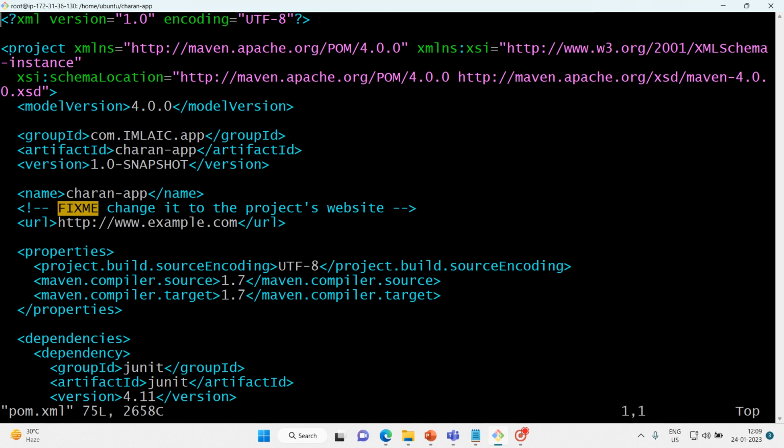After that it starts with the model version. Model version is 4.0.0. Then the group ID, these are all what we gave: com.mlike.app, artifact ID charan app, and version 1.0 snapshot. So name charan app, and from here it starts. This is an example URL. So let's look into the properties first. It consists of properties, dependencies, and all other information